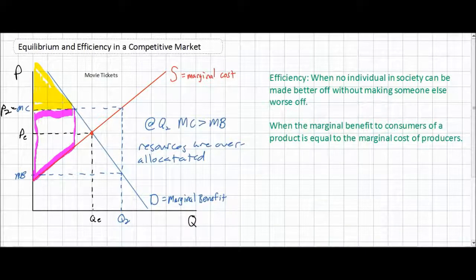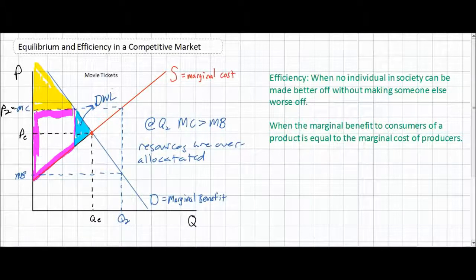Overall, however, once again, we see that even at a quantity of Q2, there is a loss of total welfare equal to the blue area here. So we can see that as producers enjoy a greater level of welfare, consumers suffer, and consumers having to pay a higher price are made worse off because of the higher price of P2 and the greater quantity of Q2. Therefore, even though a greater quantity is being produced than it is at equilibrium, the total welfare is reduced, and there is once again a welfare loss in the market for movie tickets. We can call this the deadweight loss, or the loss of consumer and producer surplus resulting from a disequilibrium in the market.